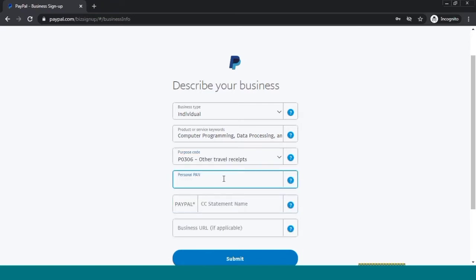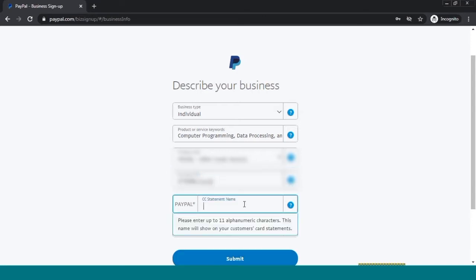So I am selecting my PAN number, and for the CC statement name I am entering my name here. Another option is optional, so you can fill it out or not, and click on the submit button.